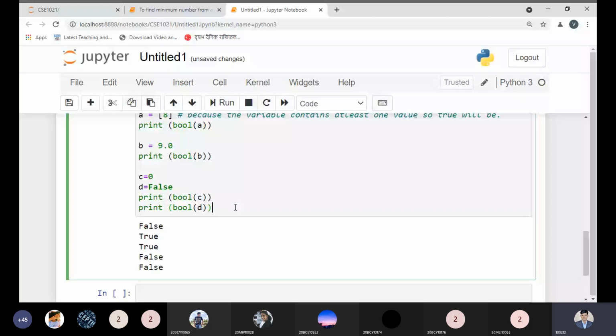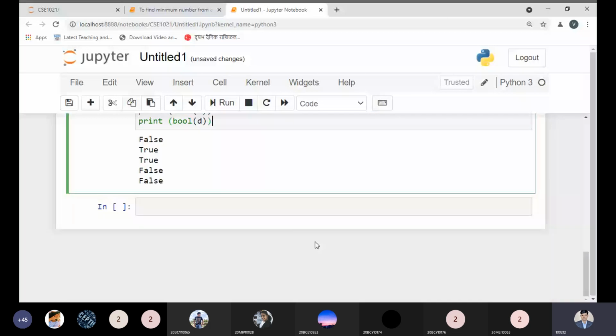This is a point you need to keep in mind. The rest of the values are representing some value. When we are representing some value, that means we have a true. Now is it clear to you? Yes, sir. Any doubt? No, sir. Okay, shall I move to the next function?